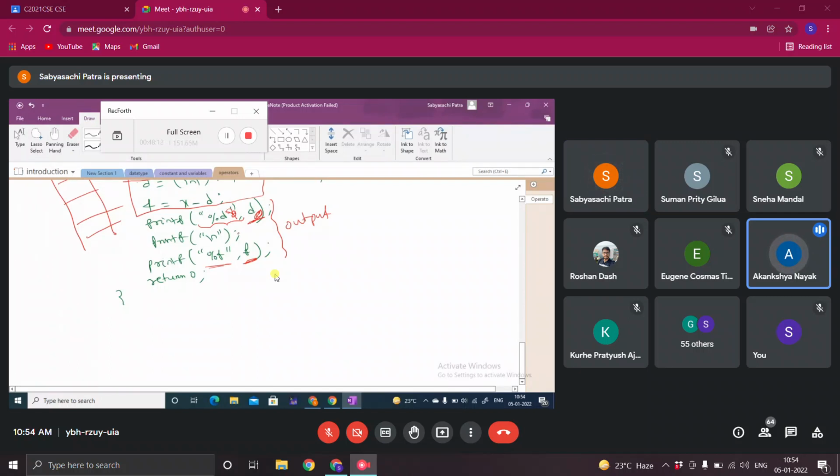Okay, sir, but we can print a formatted string without the variable? If you are printing this way, it means d is a string. Yes, sir. d is not a variable. Okay. So we can use it that way.